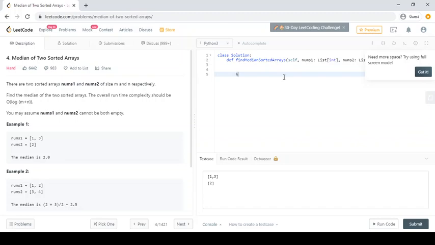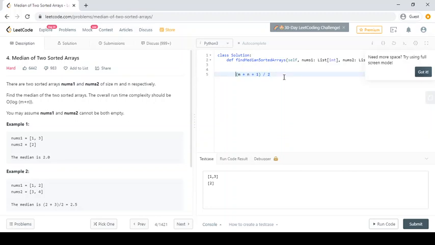Half of the whole array would be (m + n) / 2. For simplicity, we will take plus 1, because indexes start from 0. This is the half of the actual combined array, if we combine both arrays.